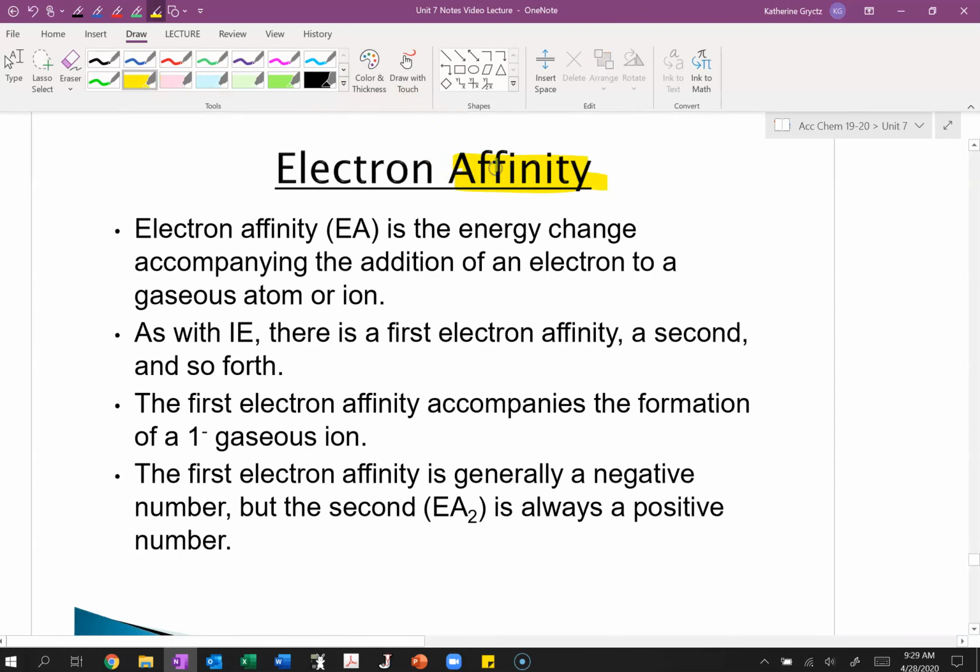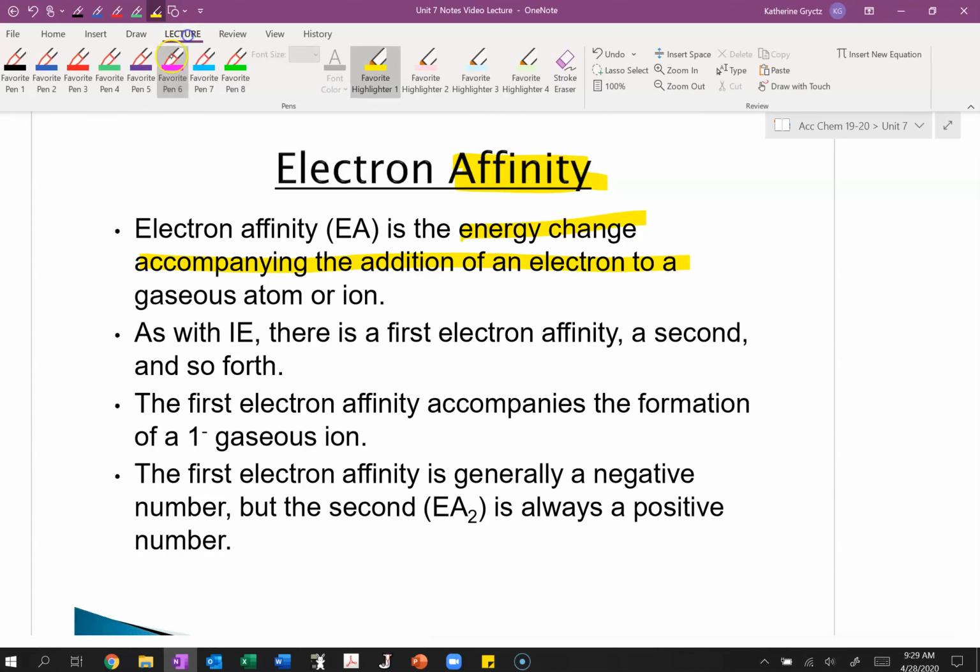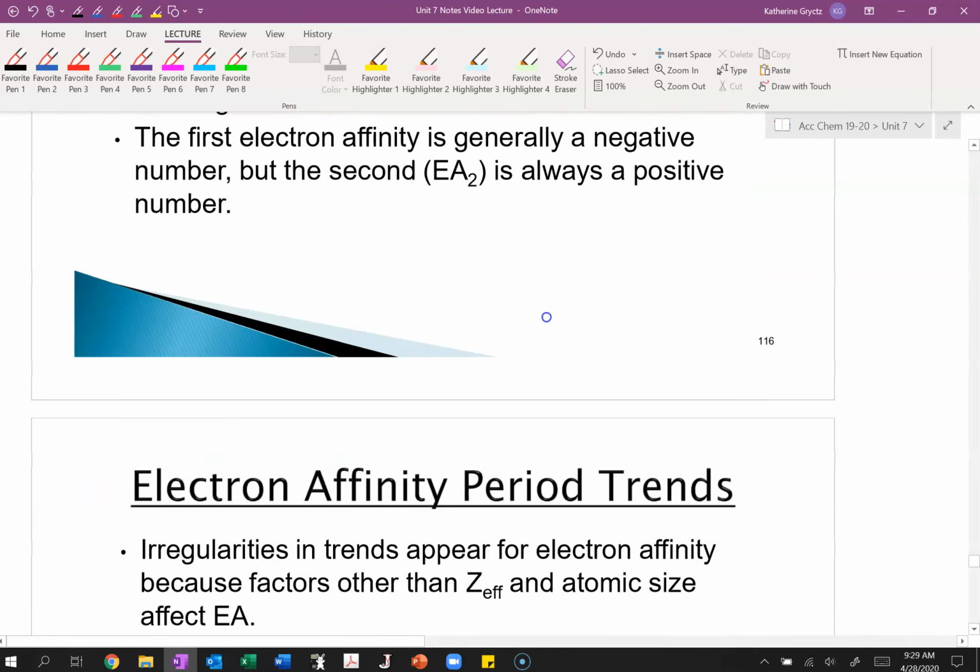So an electron affinity, what it's referring to is the energy change that goes with the addition of an electron to an atom. So ionization energy was the energy required to remove the electron. Electron affinity is not quite the opposite, but similar to the opposite. It's the energy difference when you add an electron instead. And so just generally on trends,